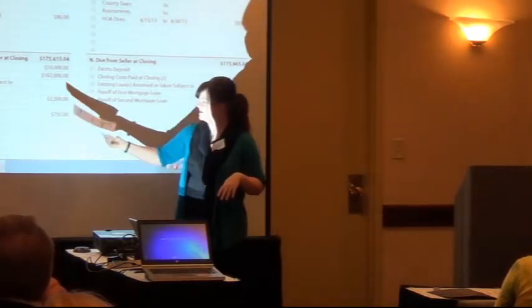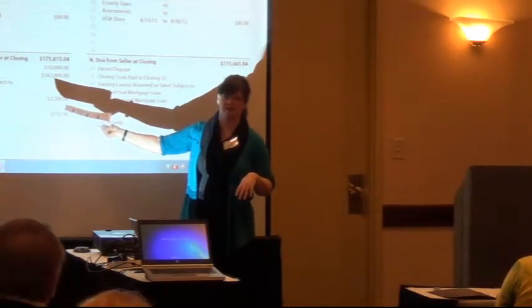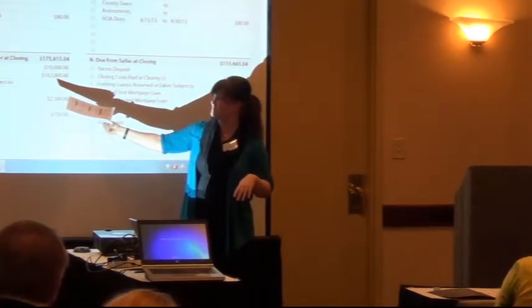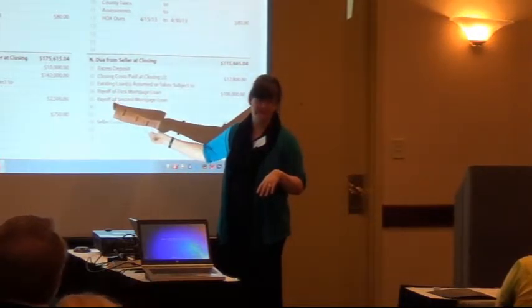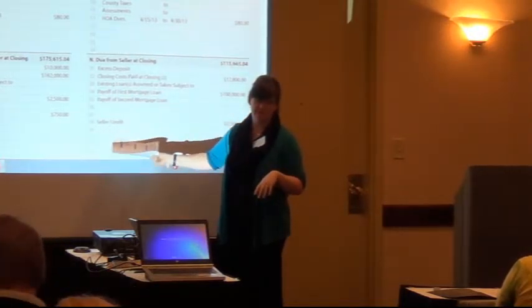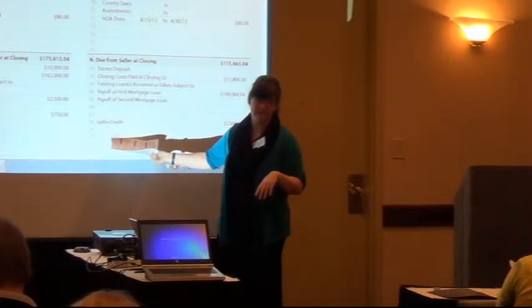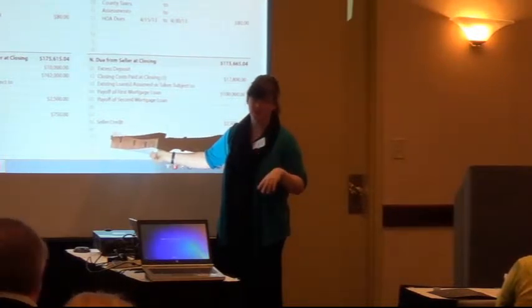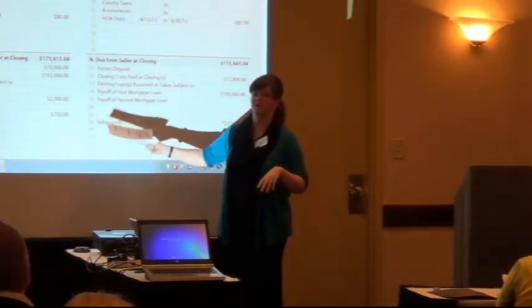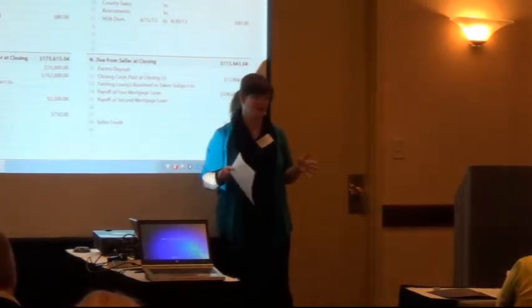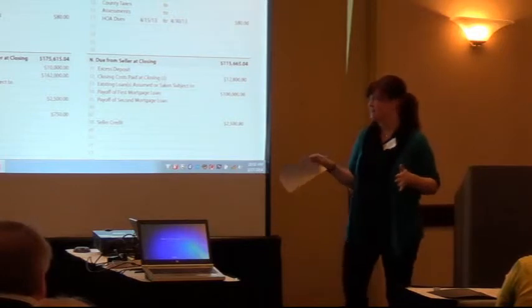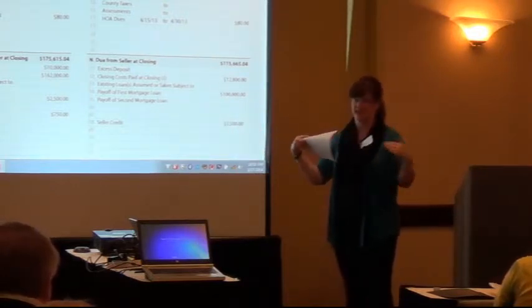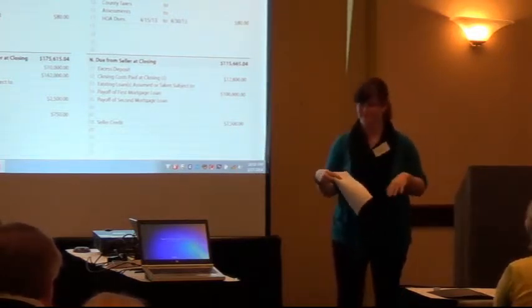But here, they can put a seller credit on L05, but instead of showing up on N05, like it would in today's world, it shows up down here on 08. And these are the lines they always have to be on. So they're like, we can't change that. So it looks different. The only reason I'm pointing it out is because these are the things I know that you look at when you're looking at a final HUD. So here you'll be looking at a final CDF, and it's on there. It just doesn't line up like it does right now.